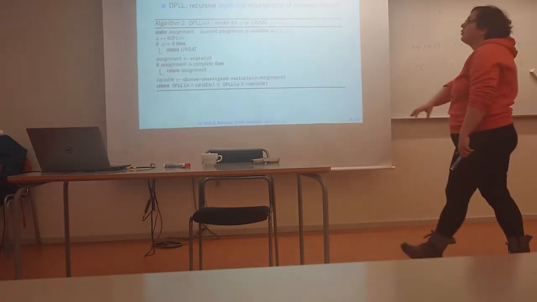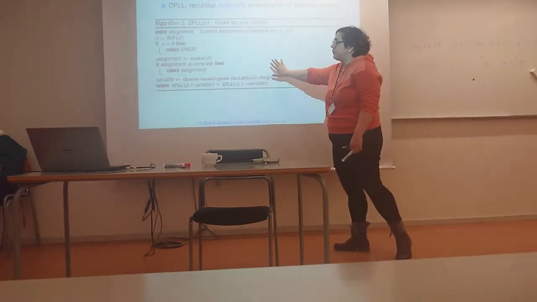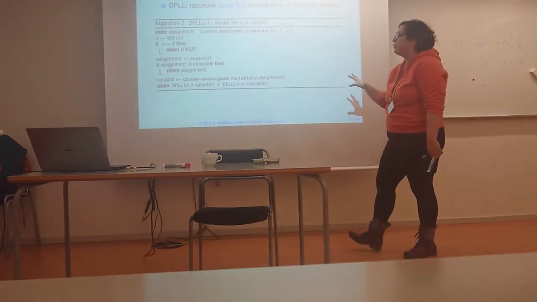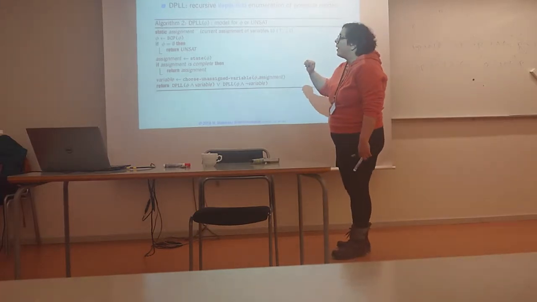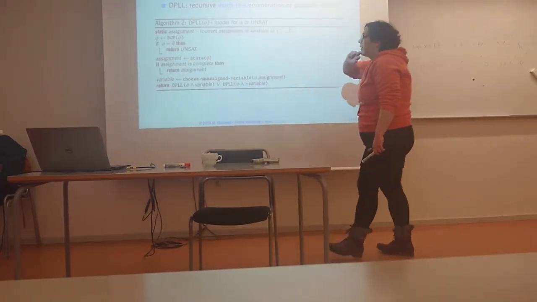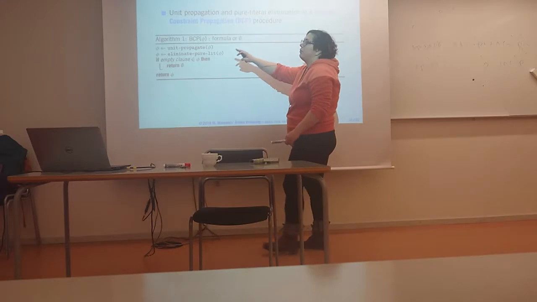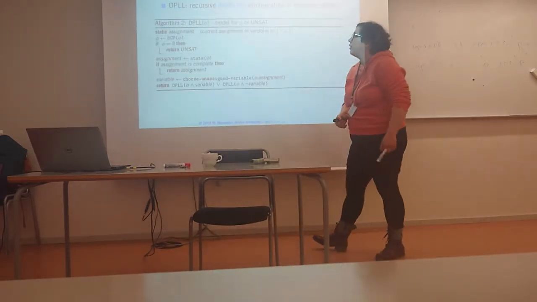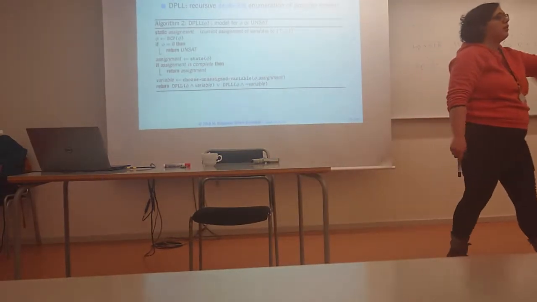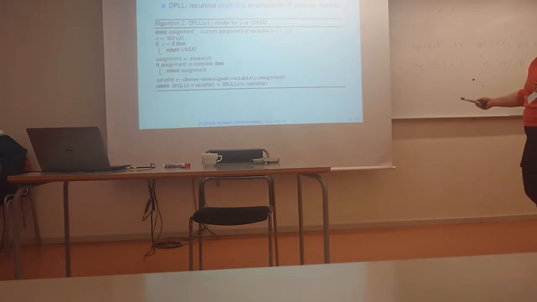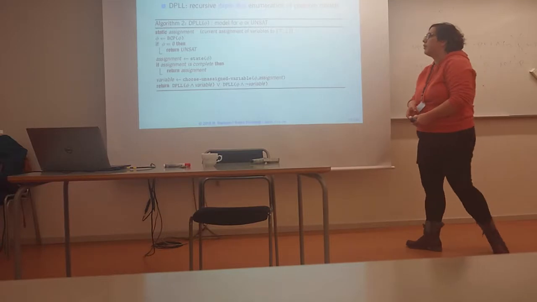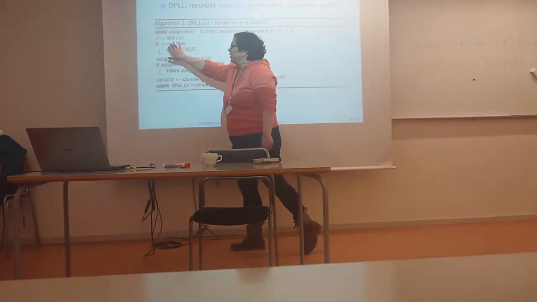Okay, and how the whole DPLL works with the Boolean constraint propagation is quite simple. It receives a formula, and it's called the Boolean constraint propagation, which was the previous function, meaning that applying these two propagation rules. If it's empty, meaning that even without search, we realize that this is not satisfiable. We are good. And by good, meaning that we don't need to search. It's not good because it's not satisfiable. But if it's not empty,